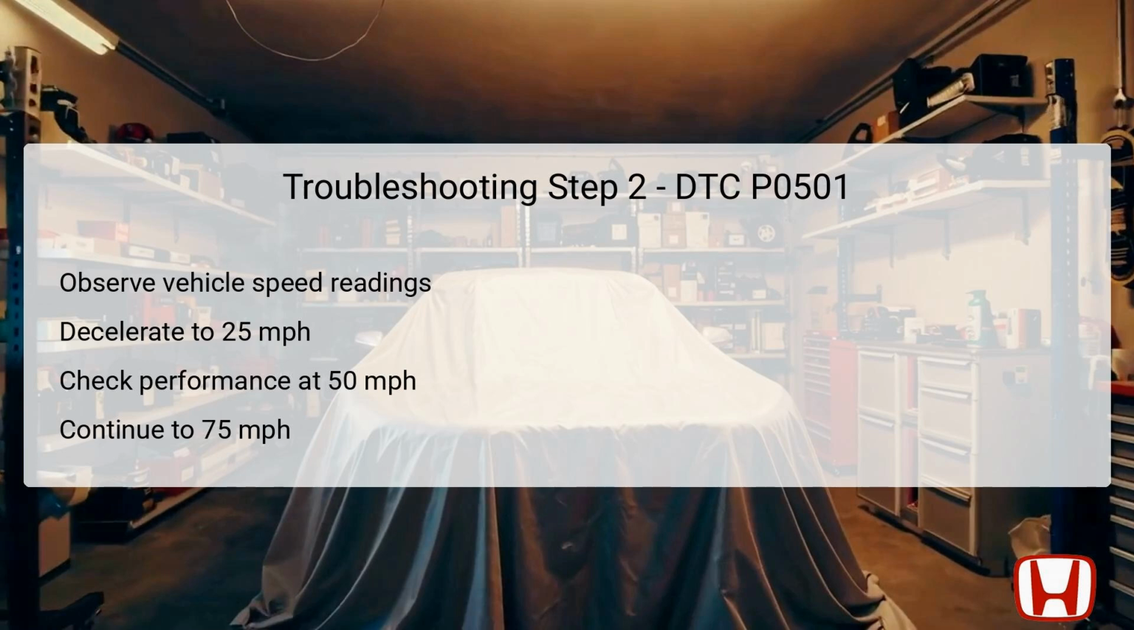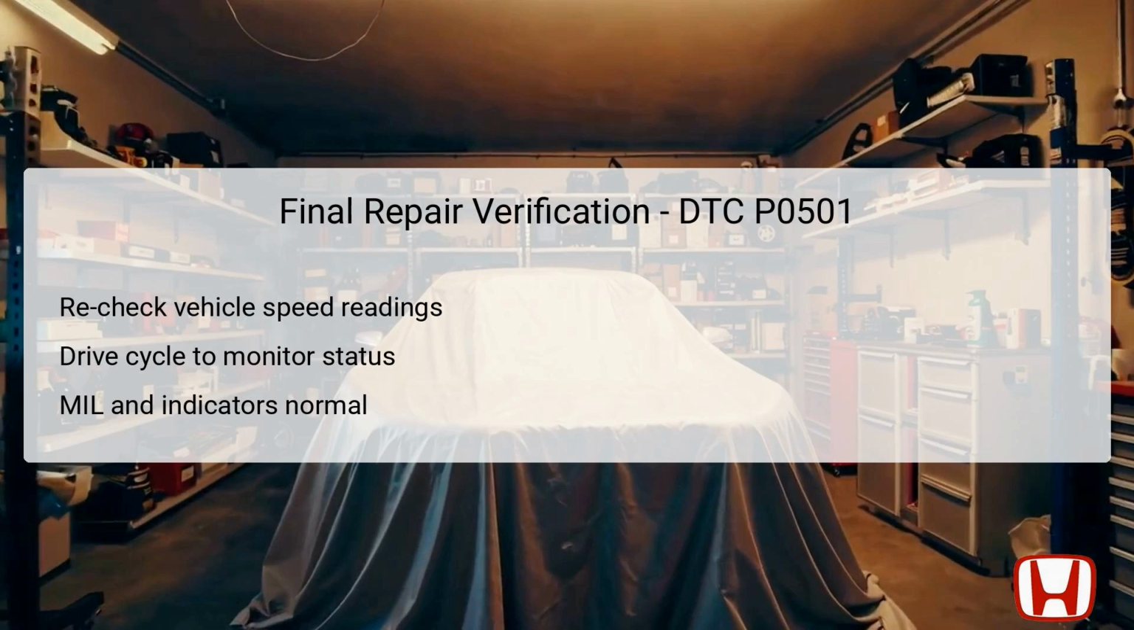It is essential to take note of any fluctuations or abnormal readings during these phases, as they could indicate issues with the CVT speed sensor or its relation to the TCM. Gathering detailed information regarding the performance of the vehicle during these speeds can provide invaluable data for diagnosing the problem accurately. After completing the troubleshooting steps and implementing necessary repairs for DTC P0501, it's crucial to conduct a final verification